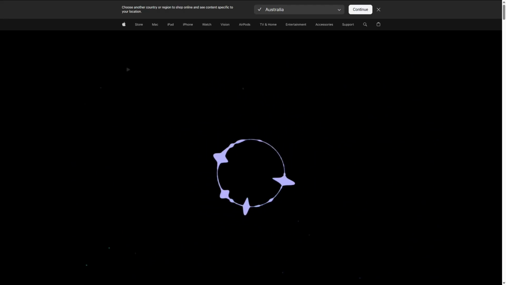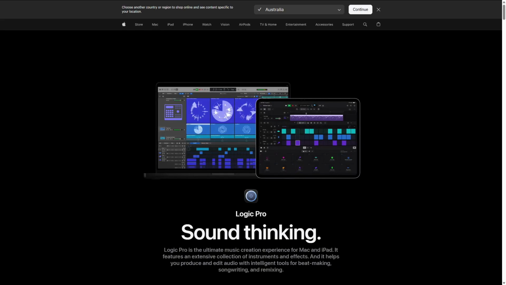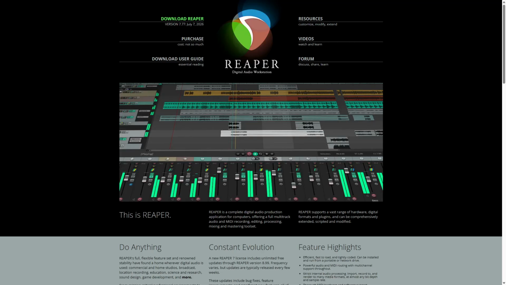Logic Pro is recommended for Mac users who want an all-in-one, professionally designed DAW with rich content and seamless integration for streamlined music production. REAPER is ideal for producers seeking a flexible, lightweight DAW that works across platforms and offers deep customization at a low cost. Choose REAPER if you want total control over your workflow and the freedom to build your own production